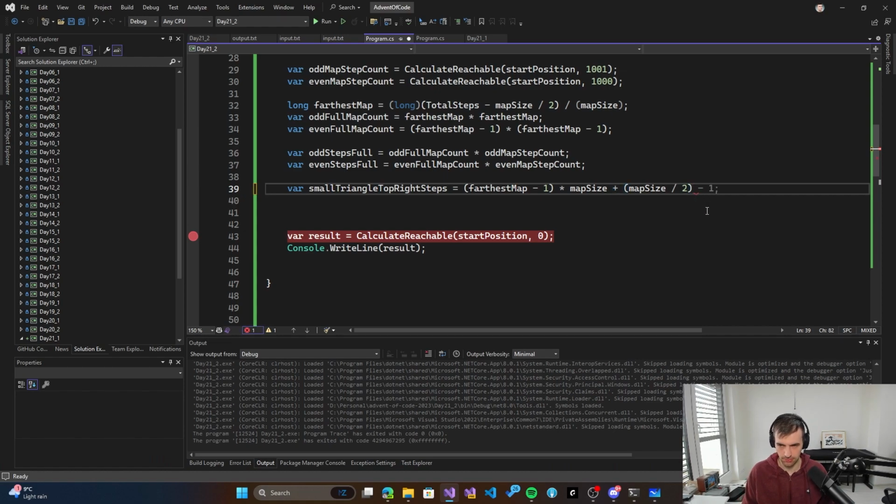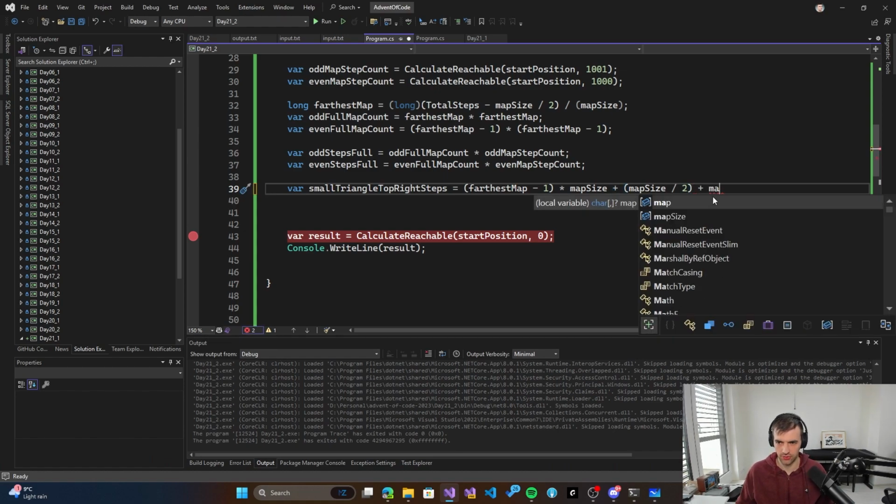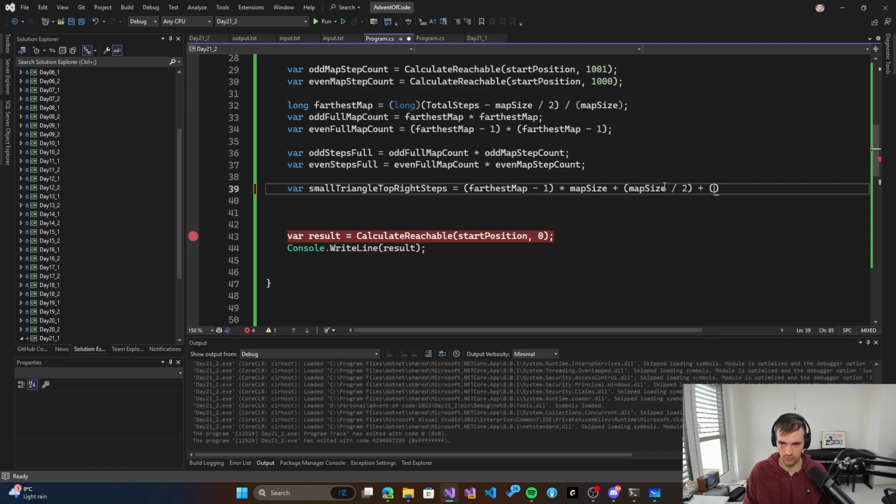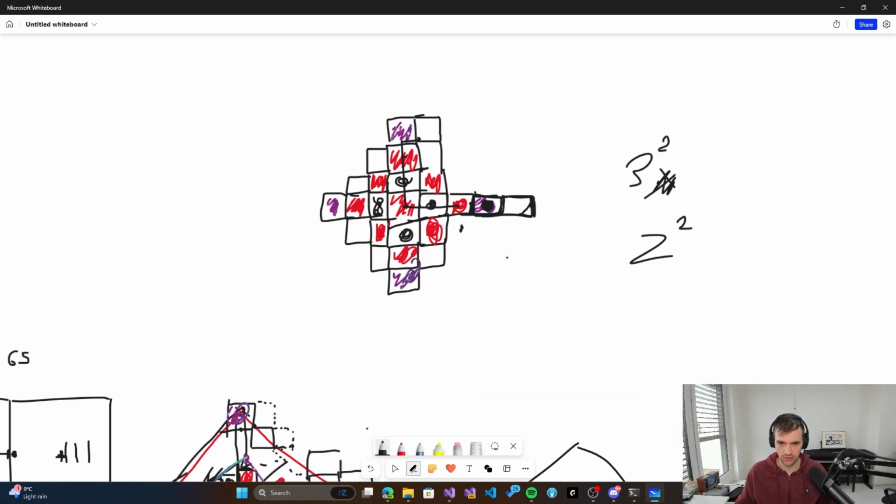So it's plus map size divided by 2, divided by 2 plus one more step. So then we are on the edge of this one. So if we go here, then we go here, +1, +1. Right, so we need to make,